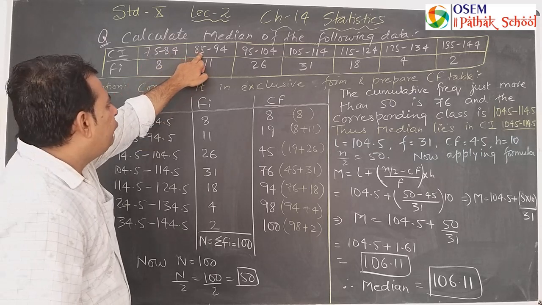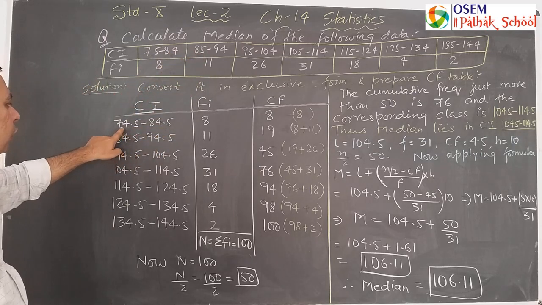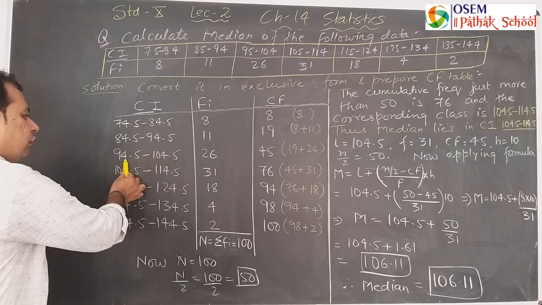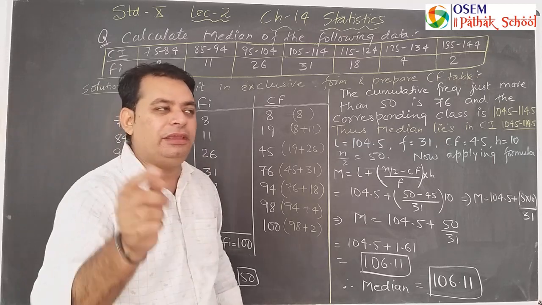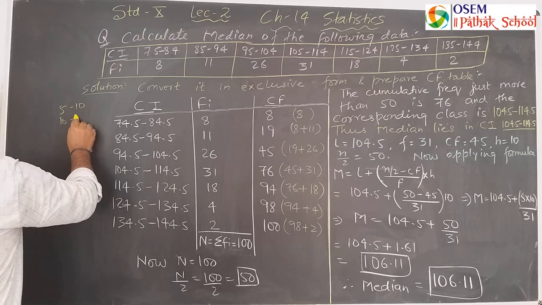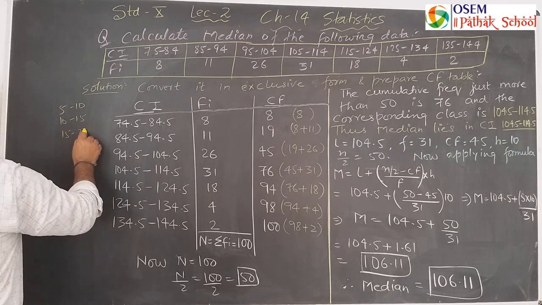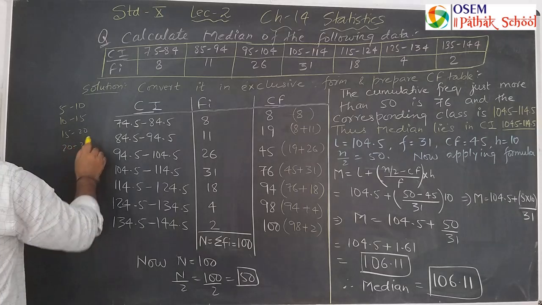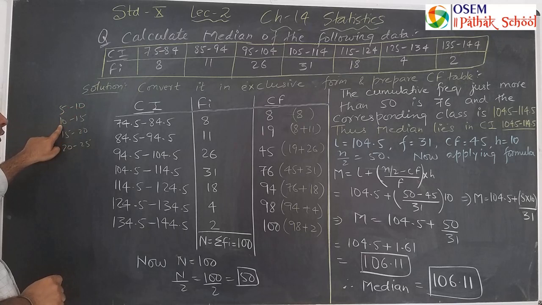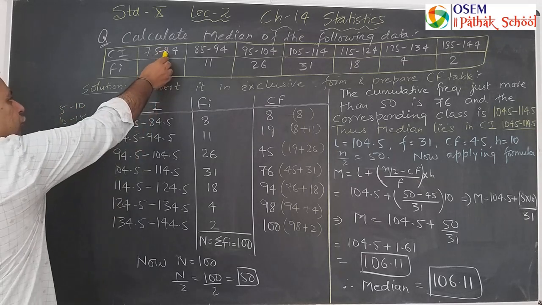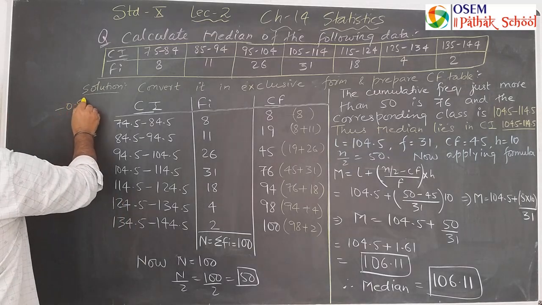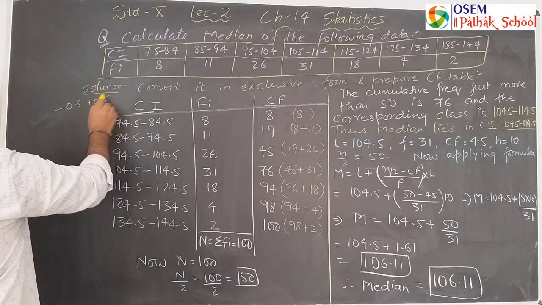अब यहाँ से अगर 0.5 माइनस करेंगे, you can see over here, देखो 84.5 उसी से बिगिन हुआ, 94.5 उसी से बिगिन हुआ, जिससे आपका क्लास इंटरवल बिगिन होता है. फॉर एग्जांपल 5, 10, 10, 15, 15, 20, 20, 25. दिस इज एक्सक्लूसिव फॉर्म, जिससे हम लोग का एंड होता है उसी से हम लोग को बिगिन करना होता है. मगर इस क्वेश्चंस में नहीं था, तो हम लोग ने क्या किया, 0.5 माइनस और 0.5 प्लस किया, तो